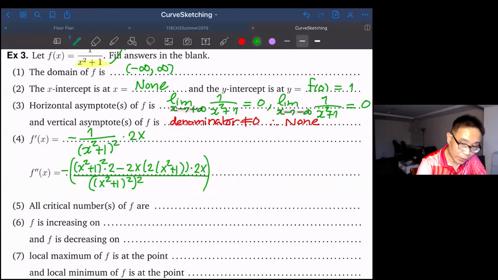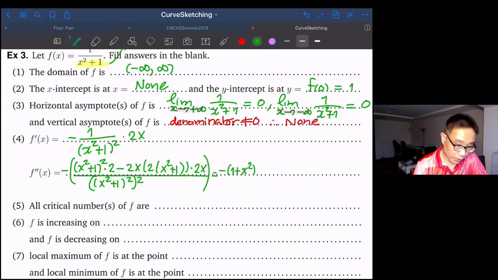And this guy will be 1 plus x squared. Okay, so let me write this thing in a way that you can see easier. So you pull out 1 plus x squared, and you have negative sign outside,